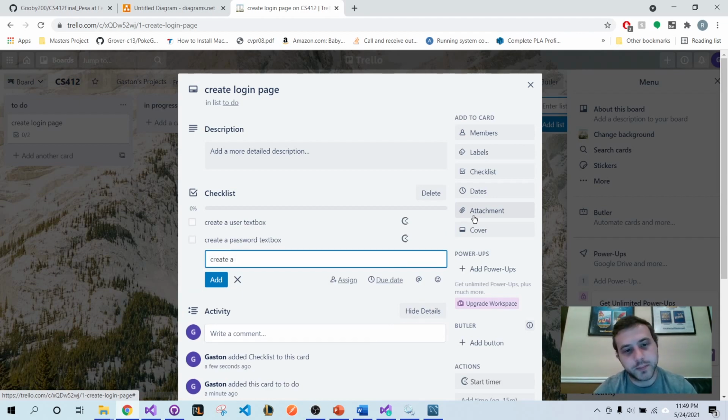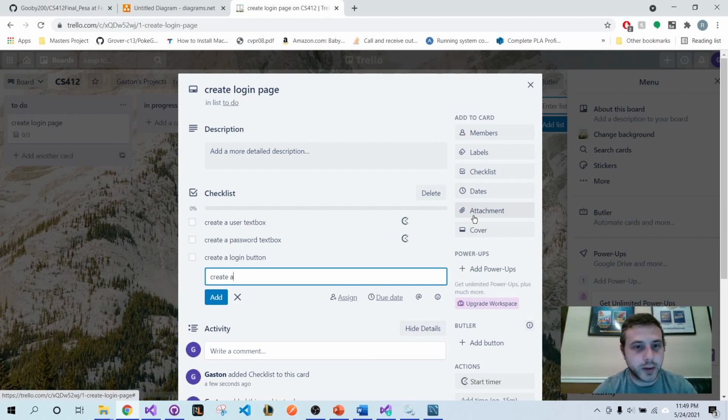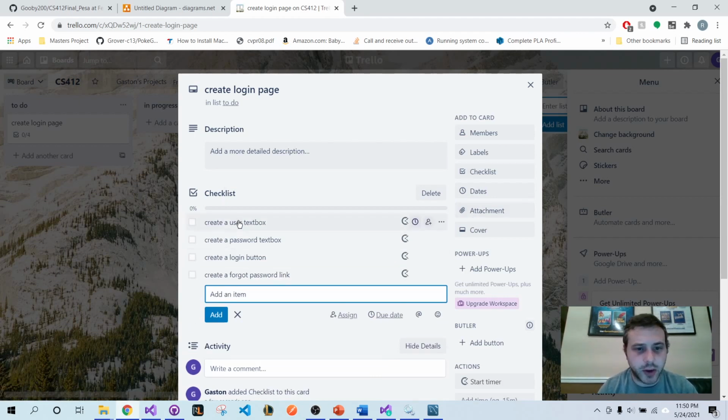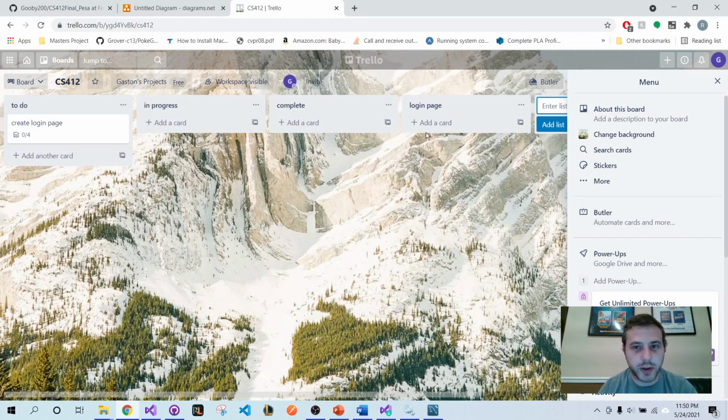Create a login button. Create a forgot password button or link. And then instead of a checklist here, these can also be their own cards as well. So that doesn't matter. If you wanted to do it with these three, that's great. Otherwise,